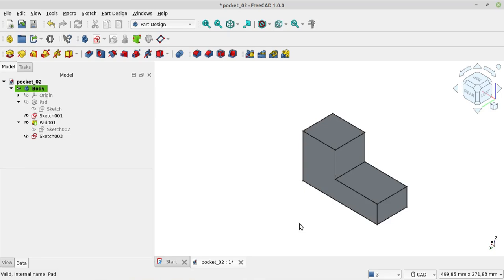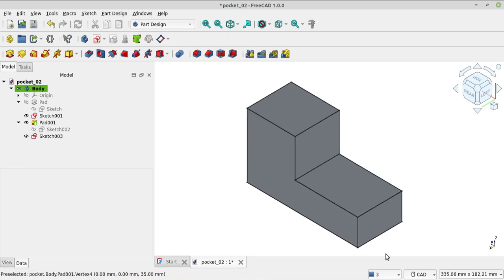Up to face pocket. Up to face pocket is a pocket that stops at a selected face. Different from to first, which stops at the first surface.